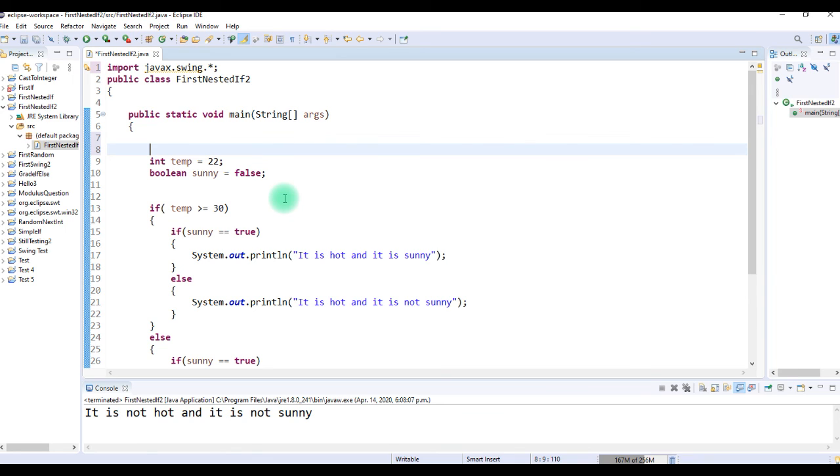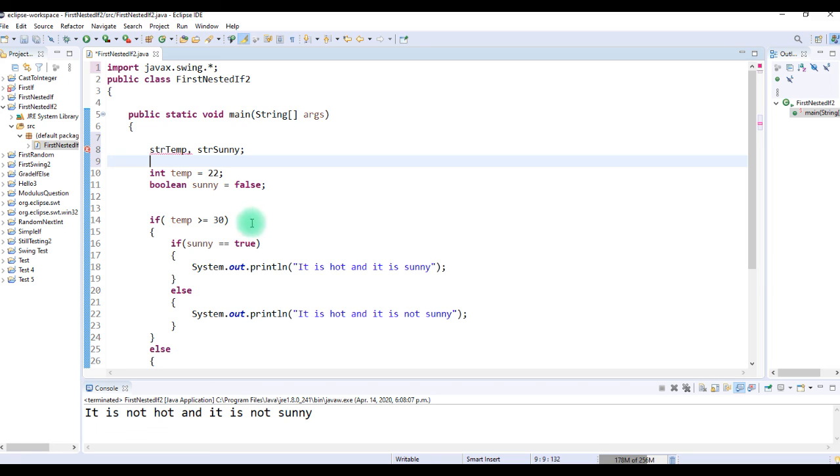Before we do that, however, we have to have some string variables. So I'll say something to the effect of string temp. I'll declare string temp, and I'll declare another one called string sunny. And then I can say something to the effect of